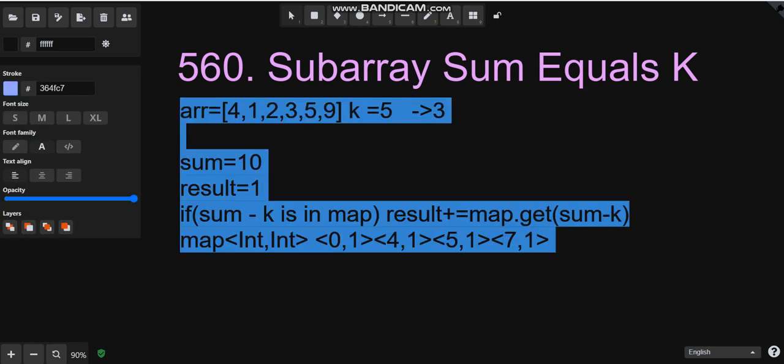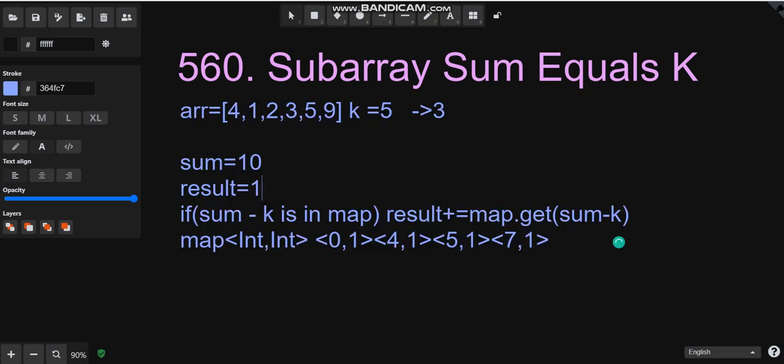So we will update the result with the value of 5, that is 1. So it becomes 2. If you check at this point, we have two subarrays whose sum is equal to 5. The first one being this subarray, the second one being this subarray, and that is what we have calculated until this point. Also we will add it to the map, that is 10 comma 1.